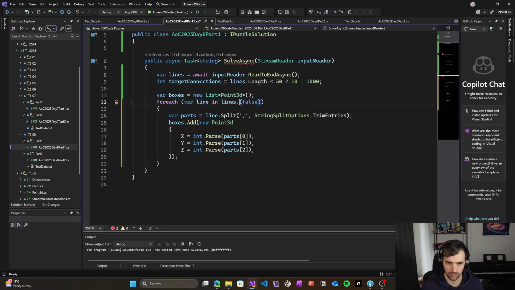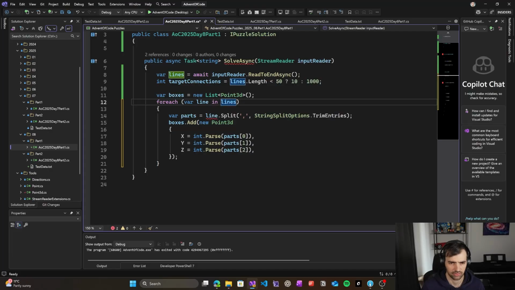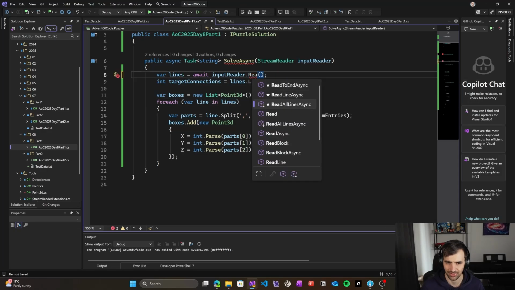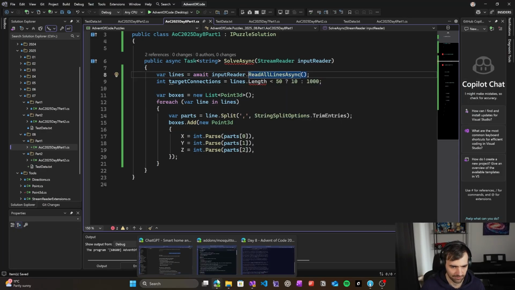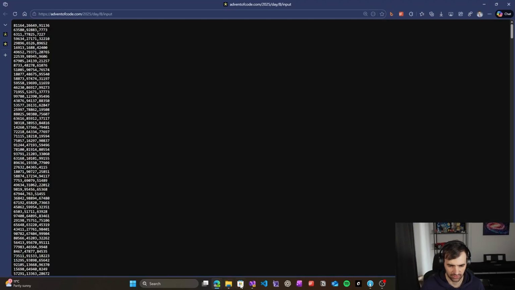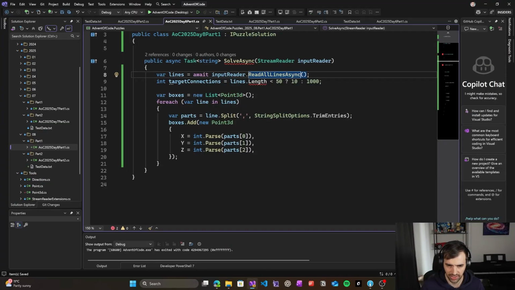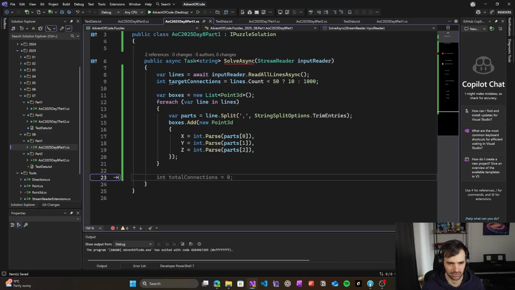Then we take our lines and split each line, reading all lines. We split them by comma, and that gives us the coordinates, and the numbers are reasonably large, so we can keep integers there. Okay, so we read in the lines, and we read the boxes,